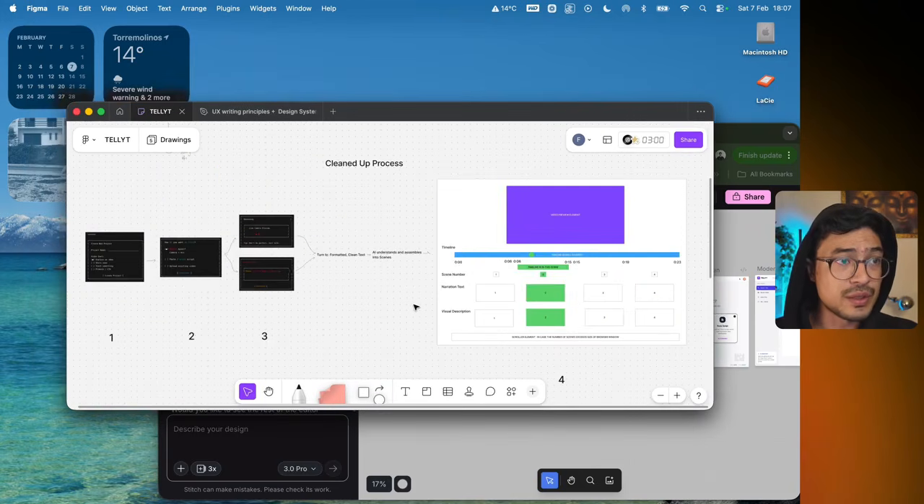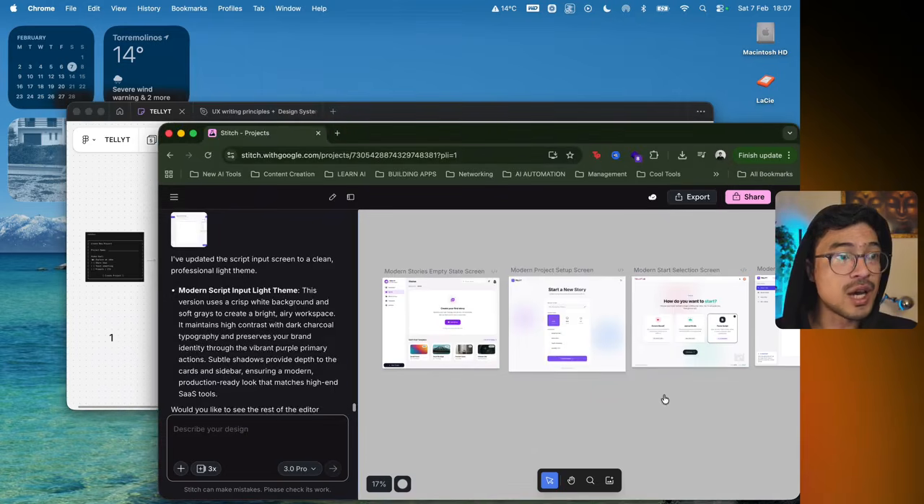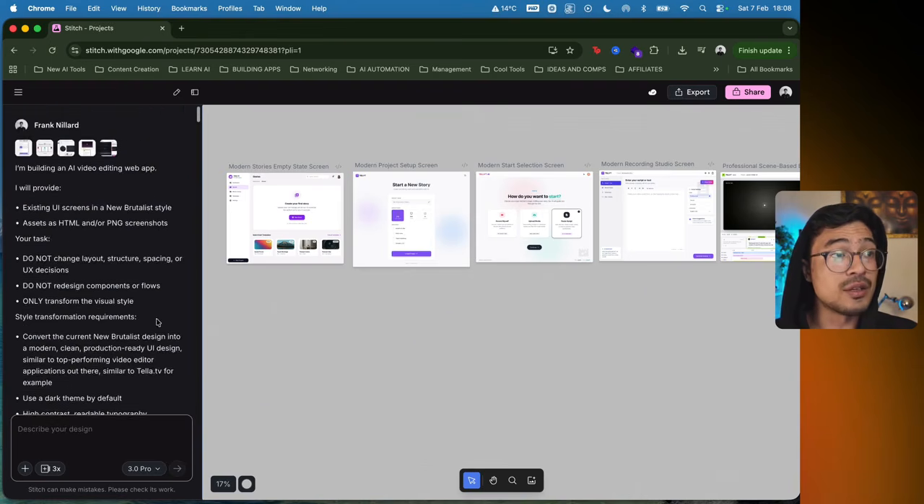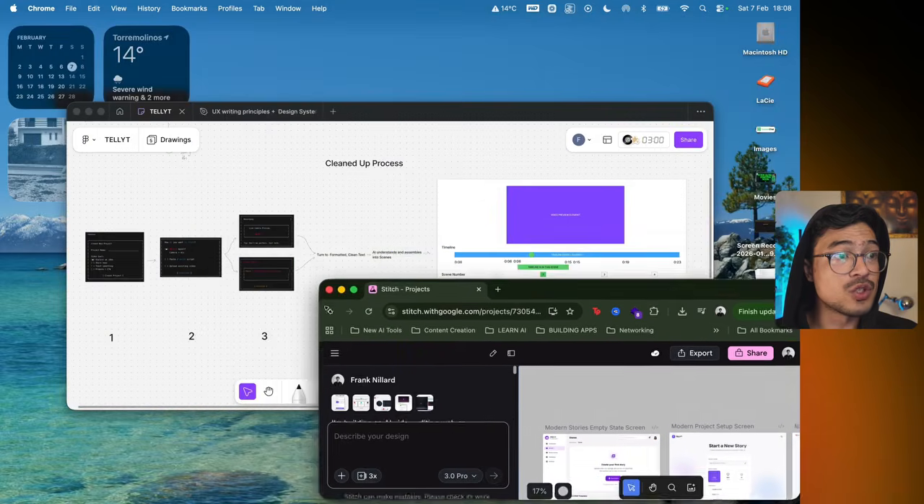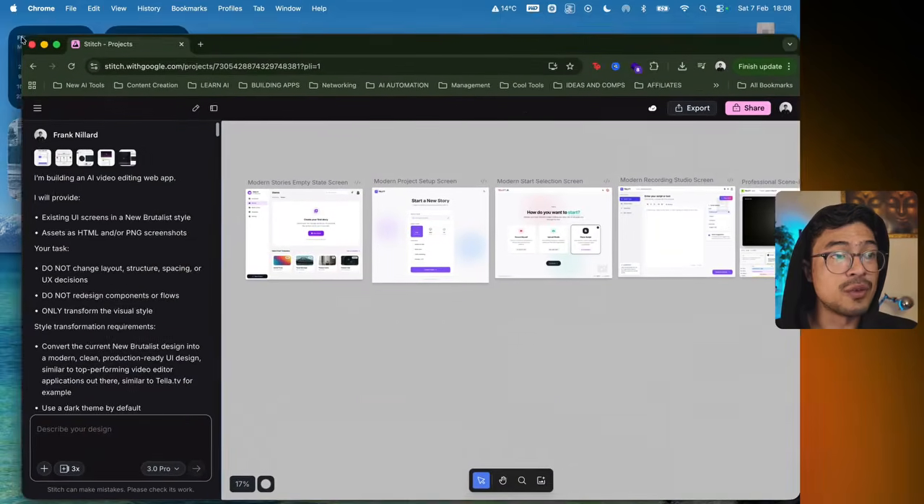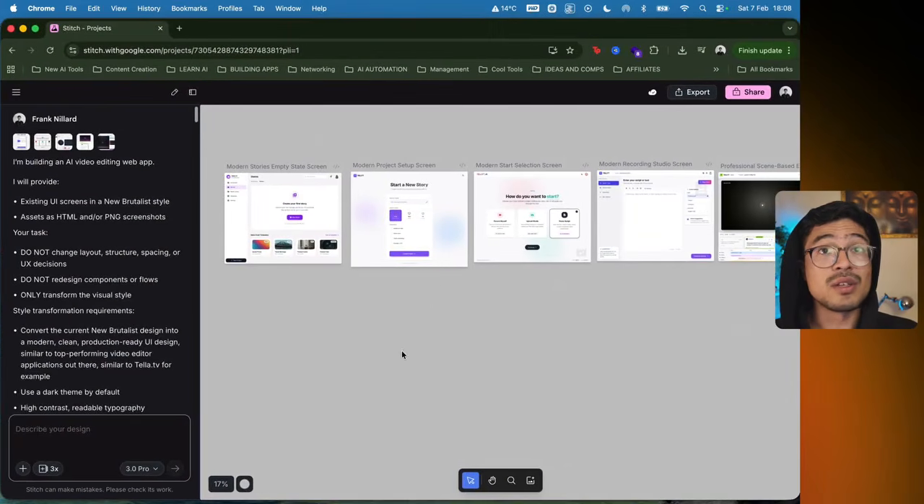The next step is to put it into something that is able to interpret your UI much better. So what I use now is something called Google Stitch. It's still an experimental tool, but essentially it helps you plan out how the user interface is going to look with AI. So what I have done is take these screenshots over here, a screenshot of each step,